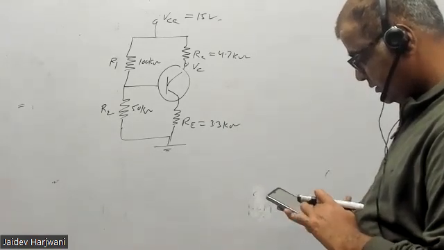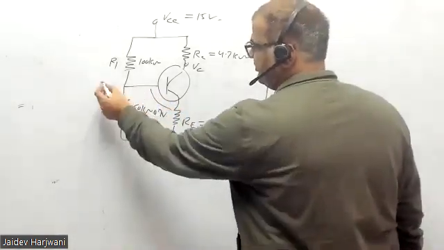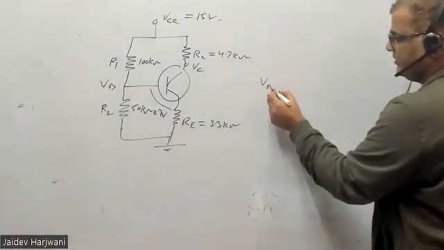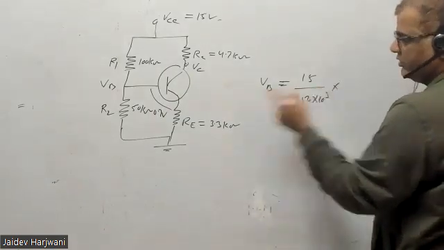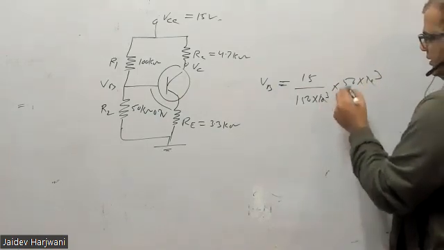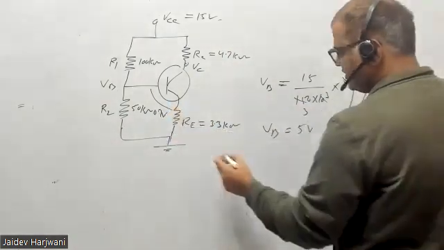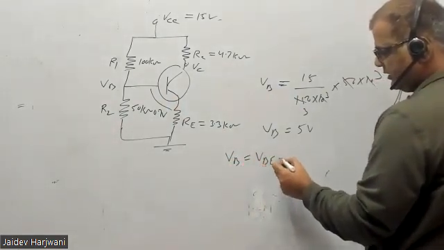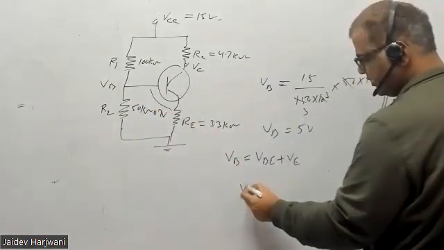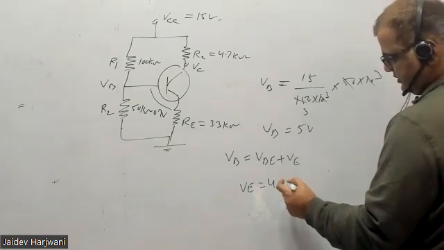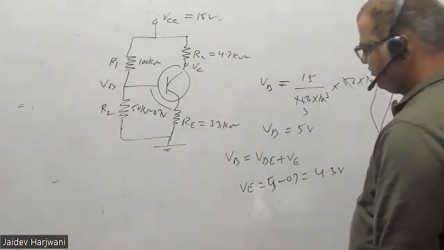हाँ 8.88 वोल्ट सर। सो 0.7 वोल्ट दे रखा है इसमें, VBE 0.7 दे रखा है। ओके, तो वैसे ही आपको VB निकालना है। VB आपका VCC अपॉन R1 प्लस R2 इंटू 50 किलो ओम, 150 किलो ओम में से 50 किलो ओम। So this is 1, this is 3, so VB आपका 5 वोल्ट आ गया। अब VB आपको दे रखा है और ये आपको दे रखा है 0.7, तो 5 वोल्ट में से 0.7 यहाँ यूज हो गया, तो आपका VE आ गया 5 माइनस 0.7, ओके, दैट इज 4.3 वोल्ट।